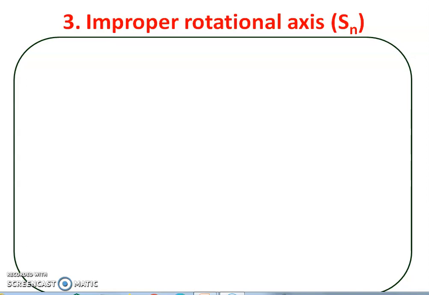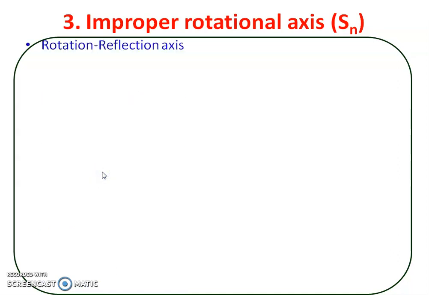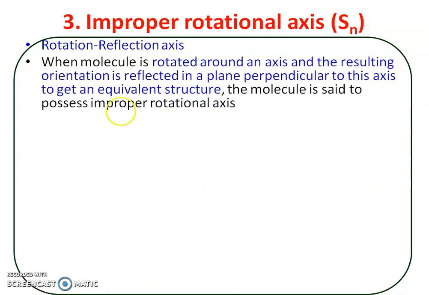Now the third symmetry element is the improper rotational axis of symmetry. Improper rotational axis of symmetry means it is nothing but the rotation-reflection axis of symmetry. It is also called the rotation-reflection axis of symmetry. When a molecule is rotated around an axis and the resulting orientation or structure is reflected in a plane perpendicular